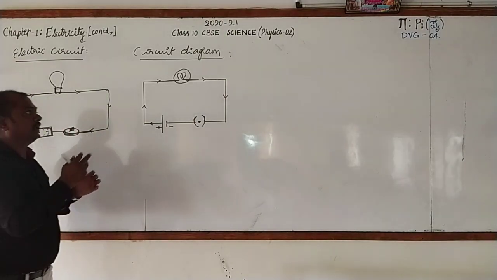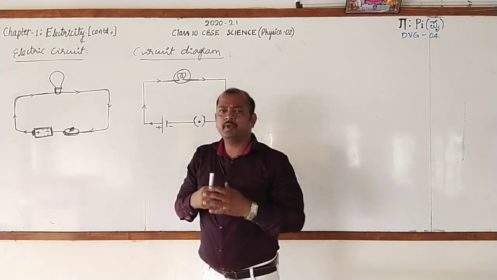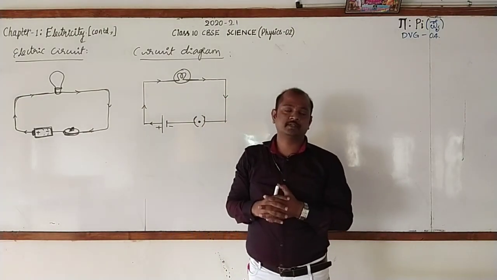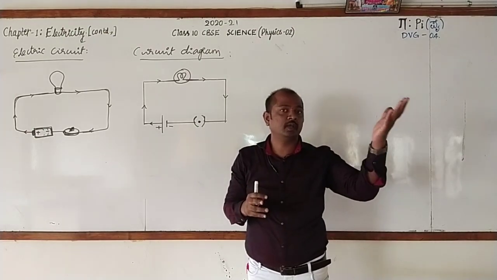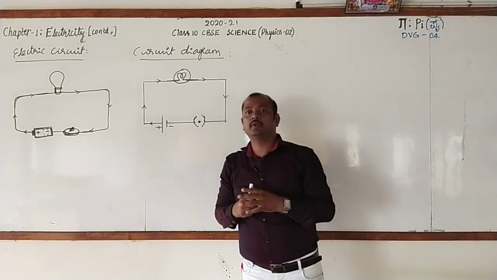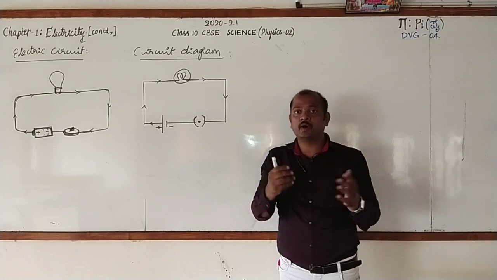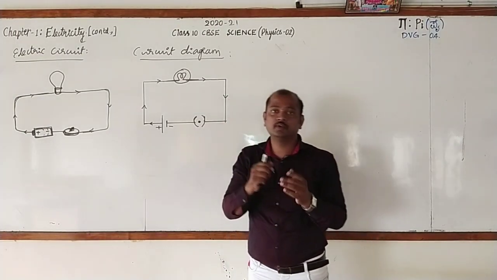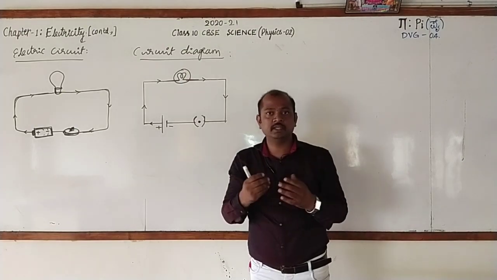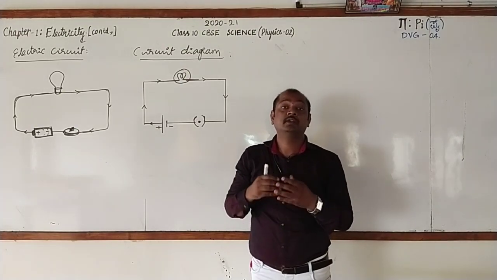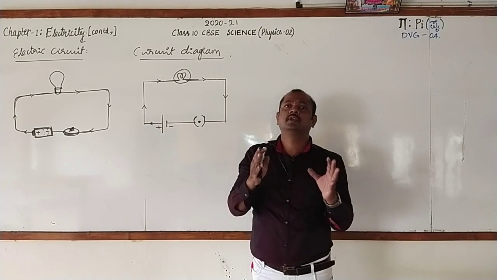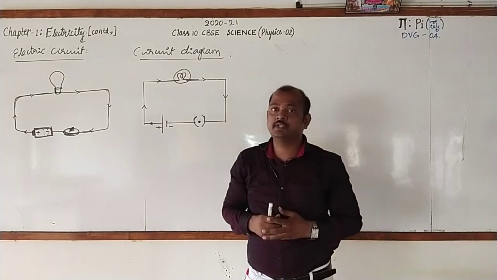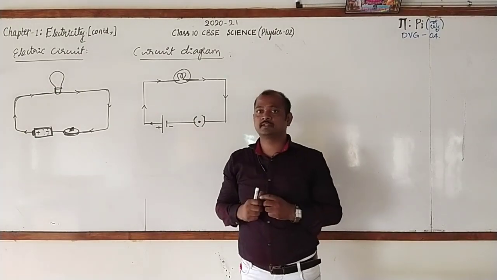Clear? Likewise, we are very familiar with many electrical components. It may be the fuse, which we learnt in your previous class, wire, then resistor, rheostat, AC, that is alternating current, and direct current. For all these, symbols are there. Let us go for learning the symbols of these electrical components in the next class.